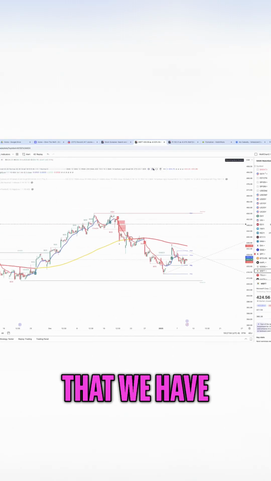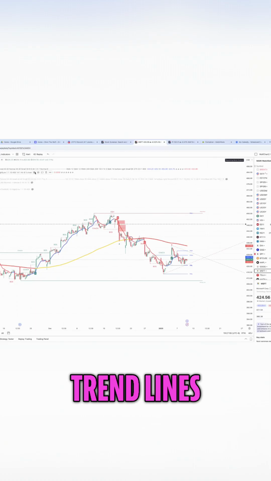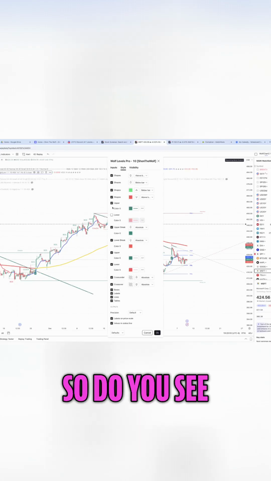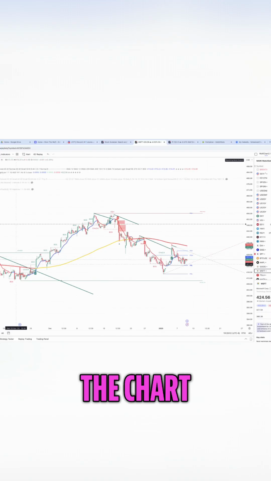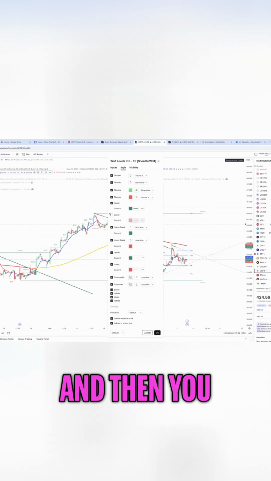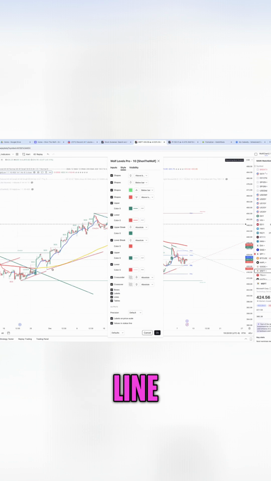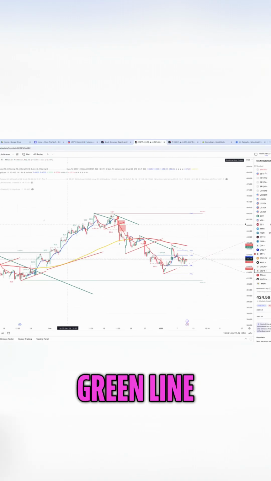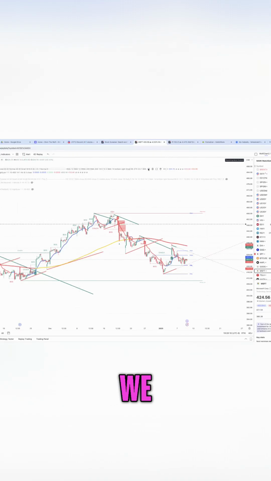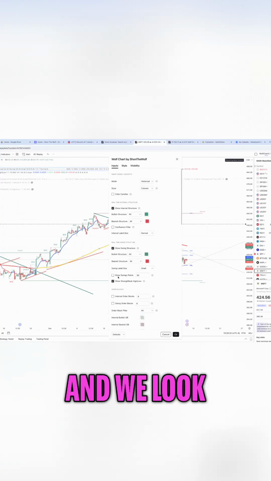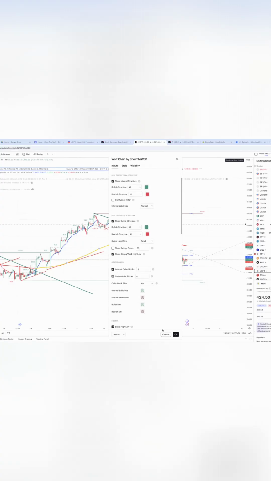So the other part that we have to the chart is the trend lines, and so let's add our trend lines back. So do you see these lines that just popped up on the chart? This diagonal green line right here, and then you have the lower line which is red. Okay, so we had this diagonal red line and we had this diagonal green line. And so when we turn our order blocks back on now and we look at our order blocks,